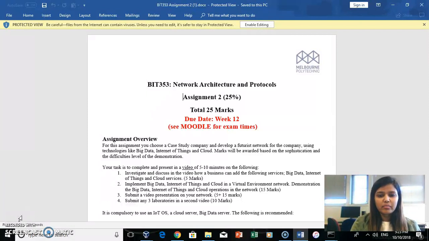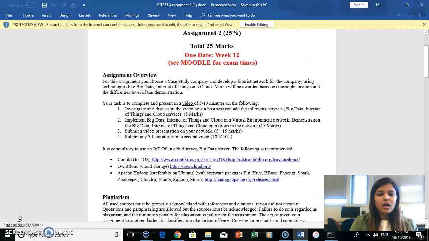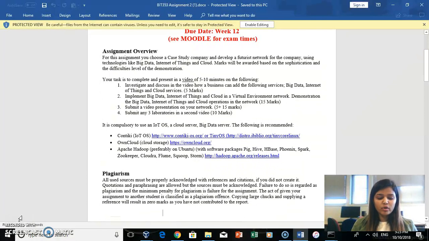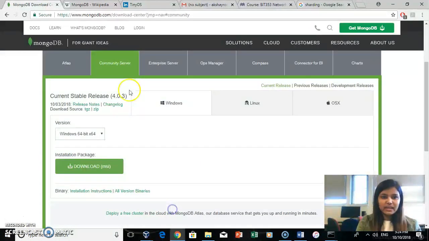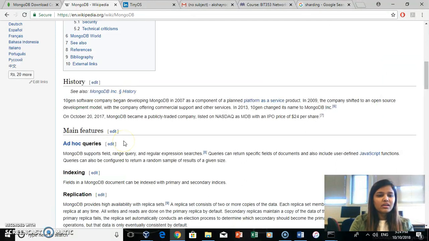So for this assignment, we were supposed to investigate the Internet of Things, cloud services, and big data. I am using MongoDB to do this. So first of all, I'd like to demonstrate MongoDB. What is it? So MongoDB is